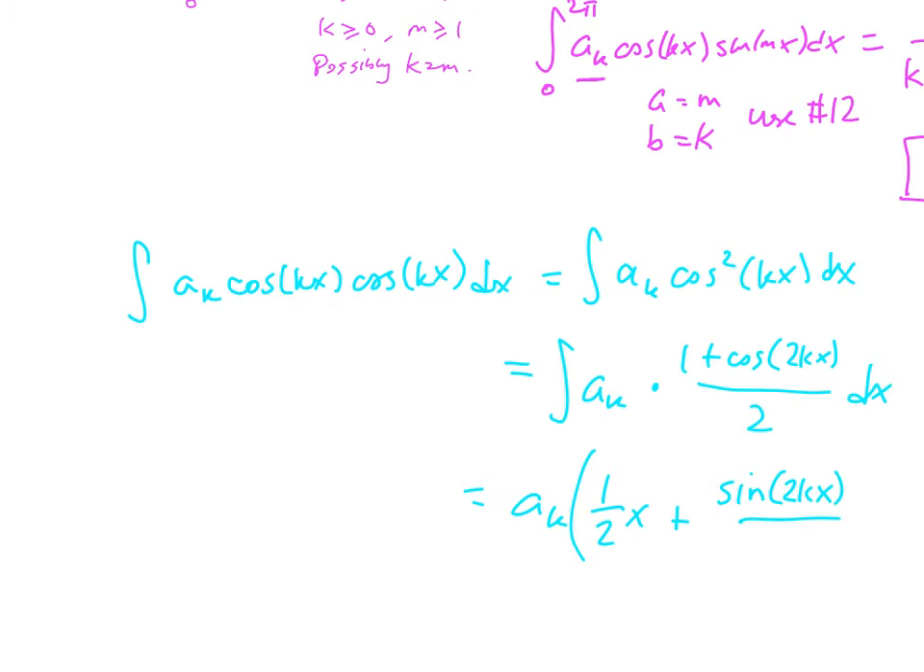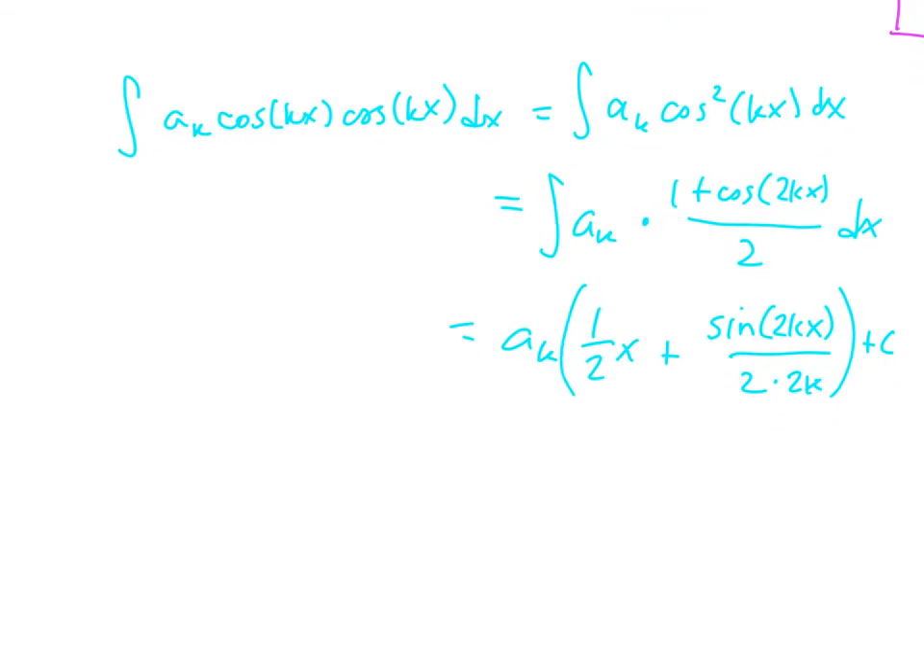2kx over 2 times 2k, because now really if I wanted to make a big deal out of this, I would do a substitution here, but I'm just going to count on you to look at this and see what happens if we take the derivative of this. Well, by the chain rule, we end up multiplying by a factor of 2k. That's what gets rid of that in the end. So anyway,